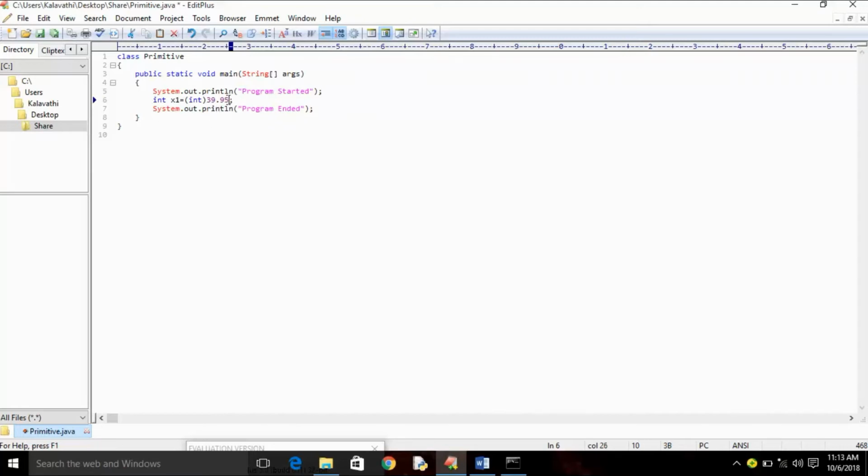As you know, this 39.95 is not an integer value, but it is being casted to int type and then it is initialized to x1. Next is double y1 equal to double 10, and this 10 doesn't have decimal values, and hence it is not a double value, but it is being typecasted.